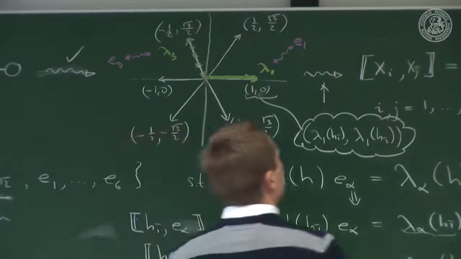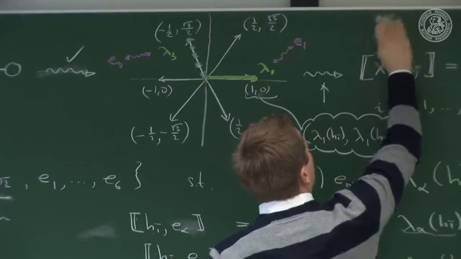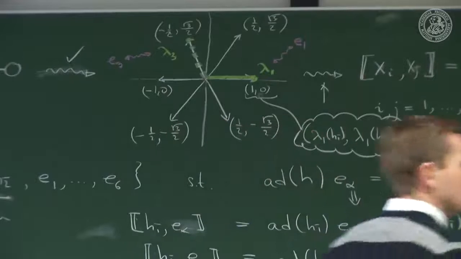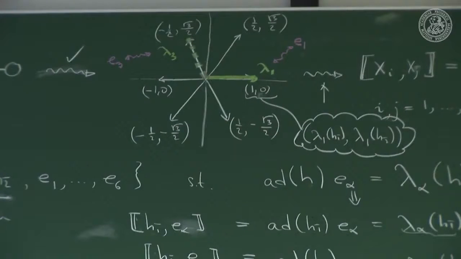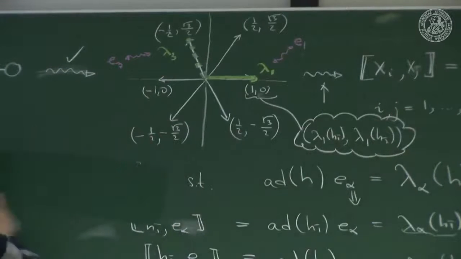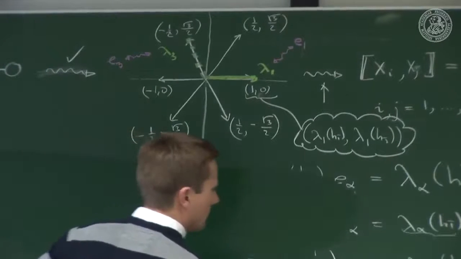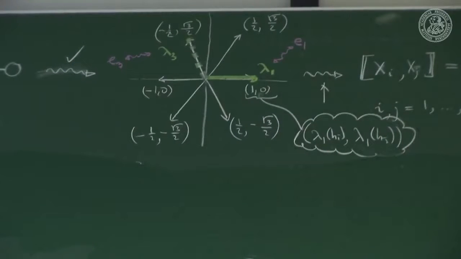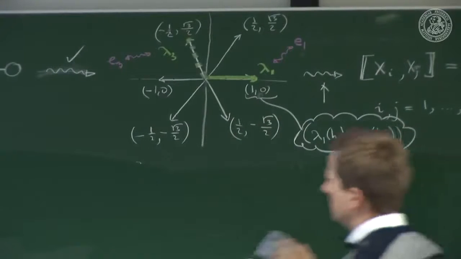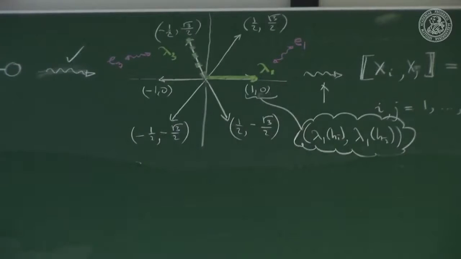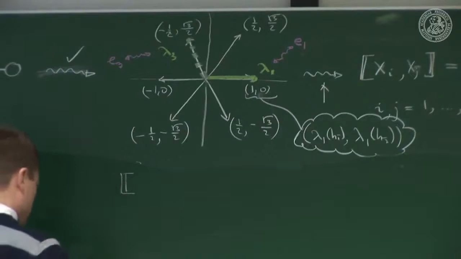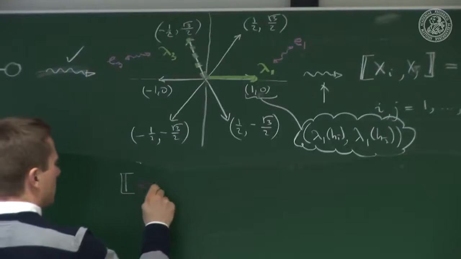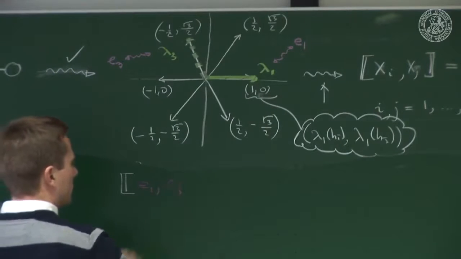Well, if you want to write down that commutator, so if you now wish to have that commutator E1 with E3, okay,